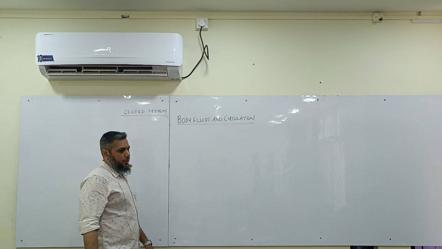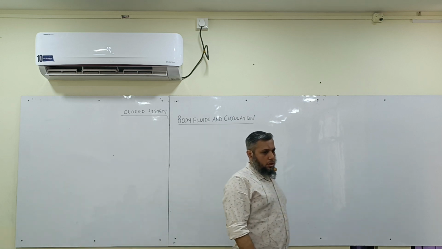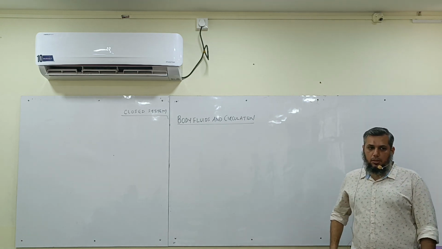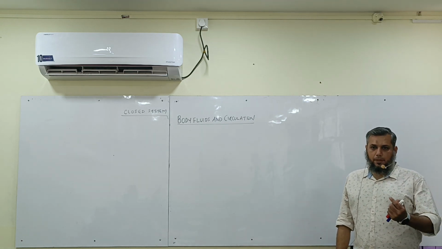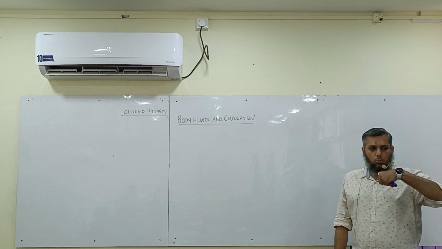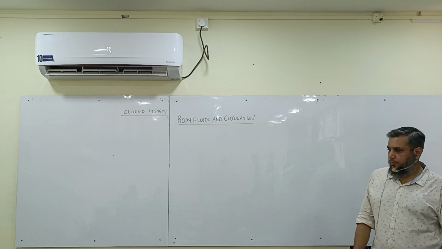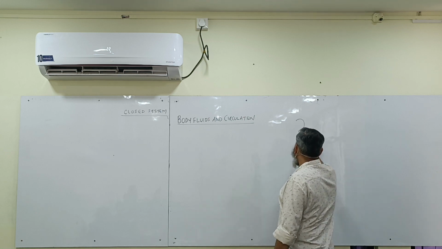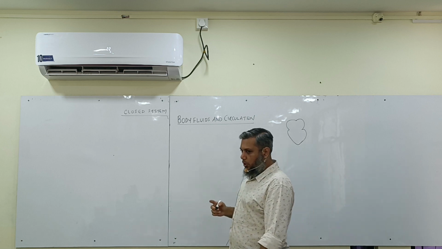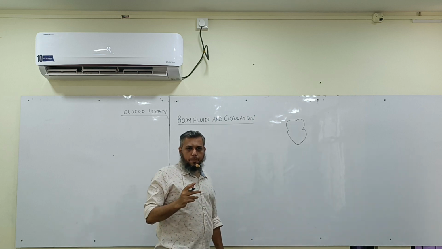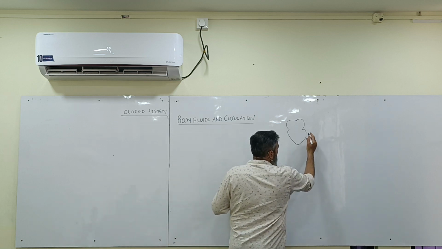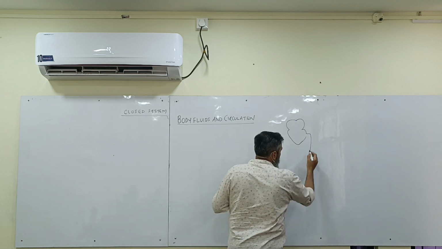किंगडम एनिमलिया में एक आइडिया मैंने डिस्कस किया था आपके साथ कि what is the difference between an open system and a closed system. Just to recap, what is a closed circulatory system? Then in a closed circulatory system there is a pumping organ. What is the pumping organ called? Heart.